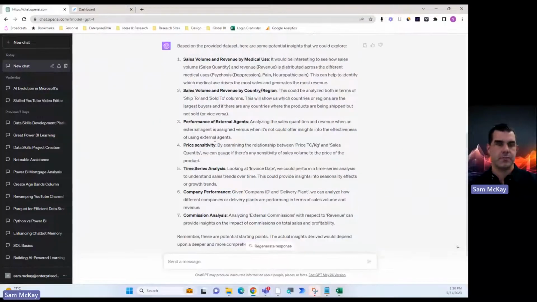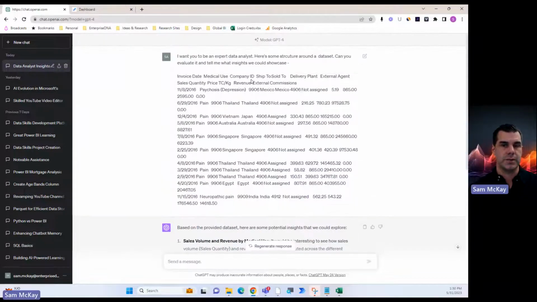We've got to remember, if we keep this in the same chat, ChatGPT will have some memory of what we're actually talking about. So if, for example, we want to say, okay, in Power BI, I want to work out this particular thing, can you help me? I can just type it in, and it will remember the data structure that we've placed inside of it.